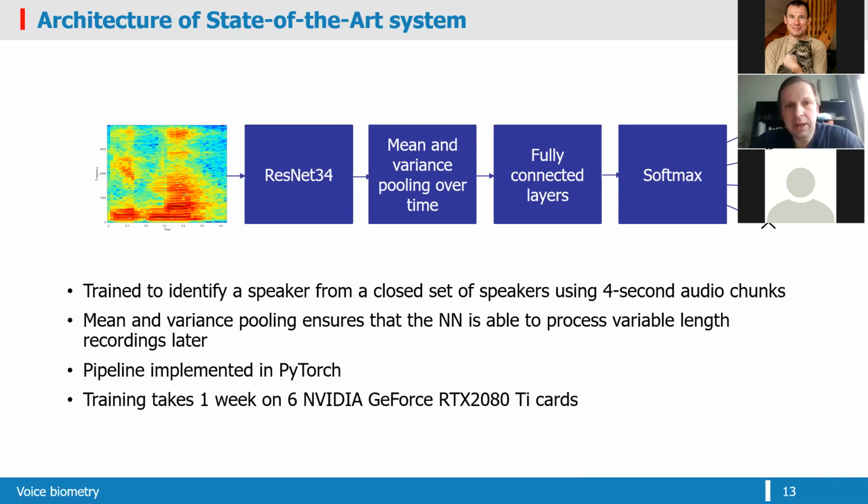we start with the spectrogram. After that, the audio is processed in smaller chunks, let's say frames. So we use a neural network on frames. Here it's named ResNet 34. After that, we need to work with variable length recordings. So we do some collection of statistics. Here it is called mean and variance pooling over time. And after that, we add a few more layers of neural network. This already classifies the fixed length vector to